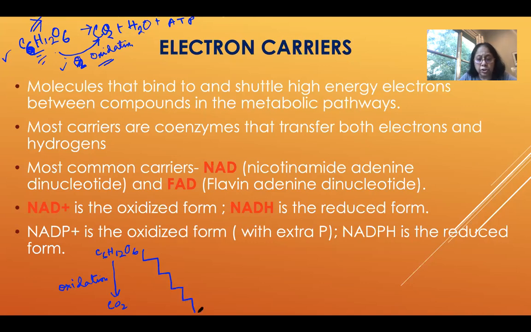There are multiple steps through which glucose ultimately produces carbon dioxide. Many chemical reactions are involved. This is one reaction, so over here we have one end product, and over here we have another end product. Every time glucose breaks down into something, like the production of A, then B, from glucose to A to B, B to C, every step they lose